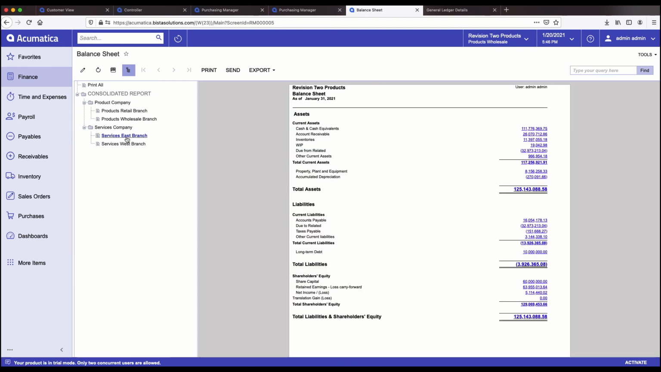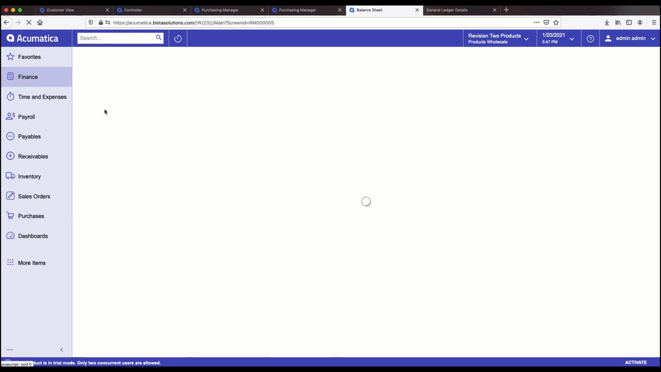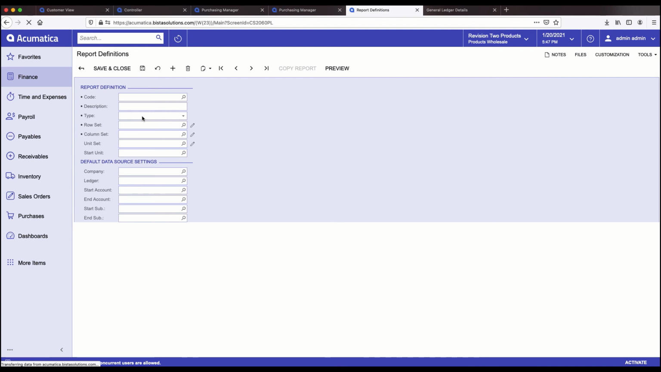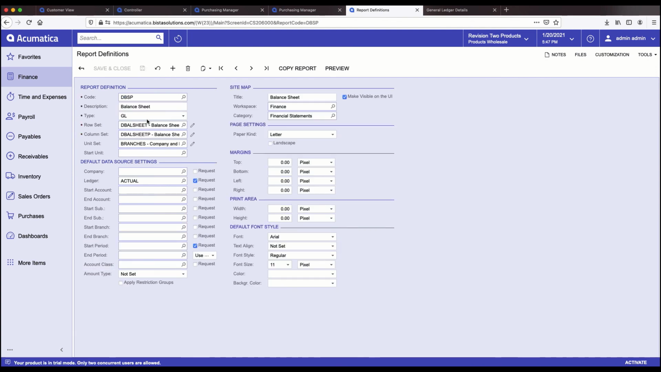Now, the beauty of this is, if I want to change this grouping or the unit sets, I can do that myself. Instead of looking at how my balance sheet or P&L is by a company or a branch, if I want to look at, say, by product categories, I can go into the report definitions screen, and these are all the reports which I have available to adjust. Here's my balance sheet report. I can select a lot of data, the row set, column set, but here I'm actually interested in my unit sets. And